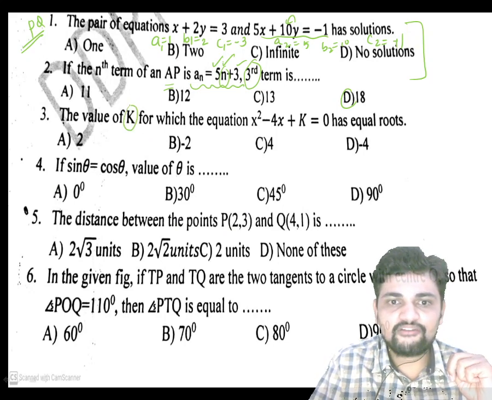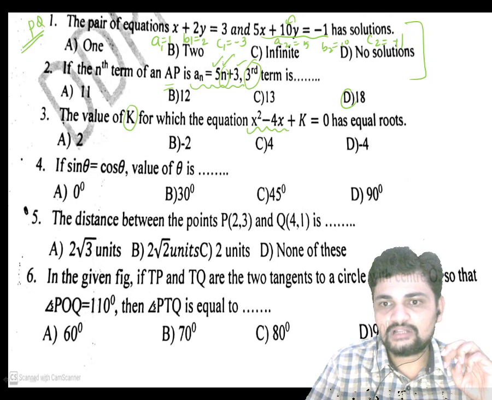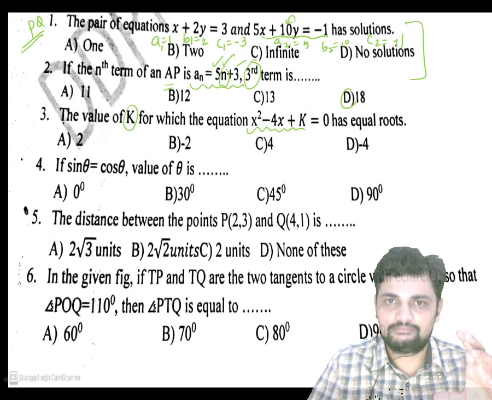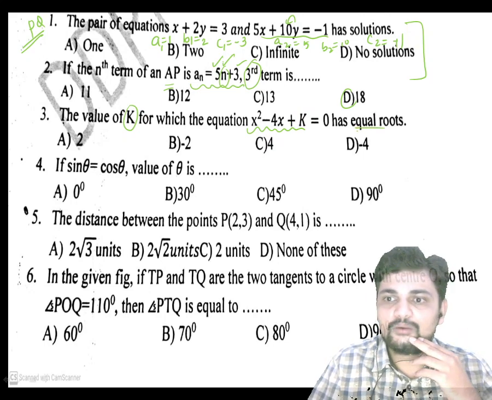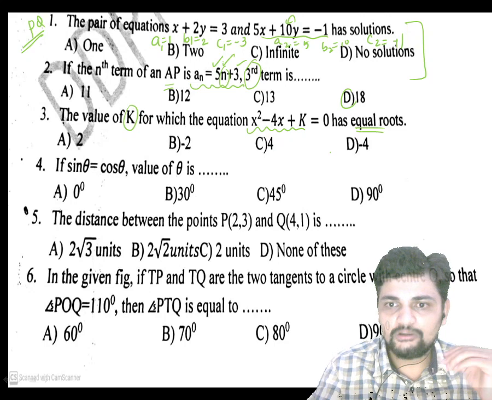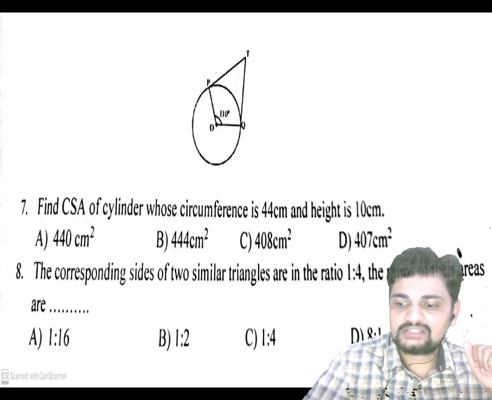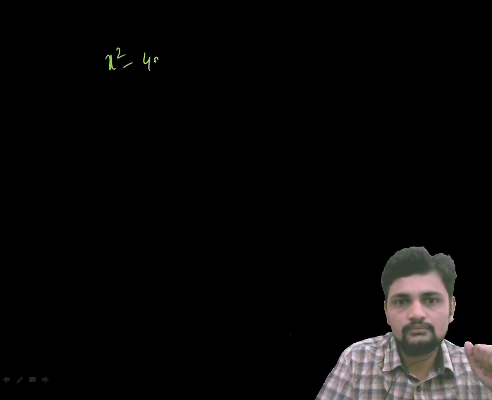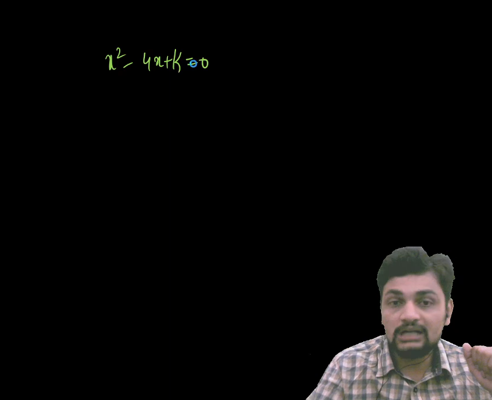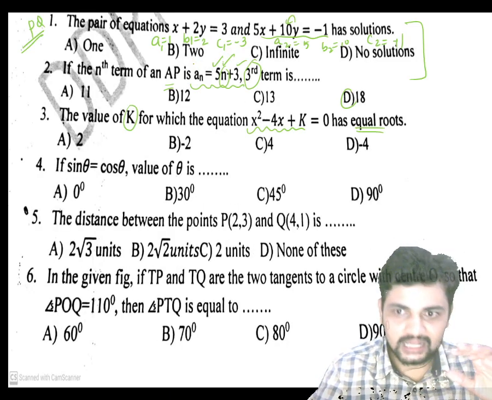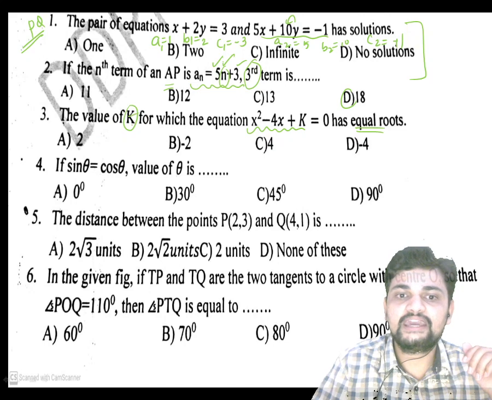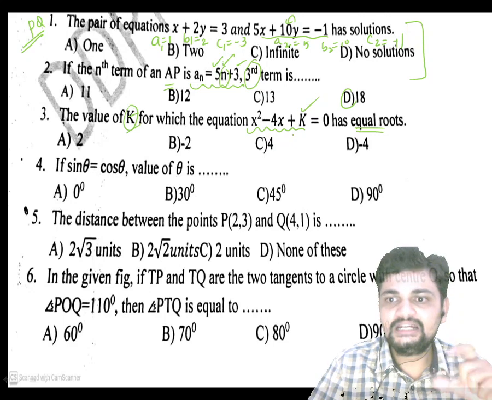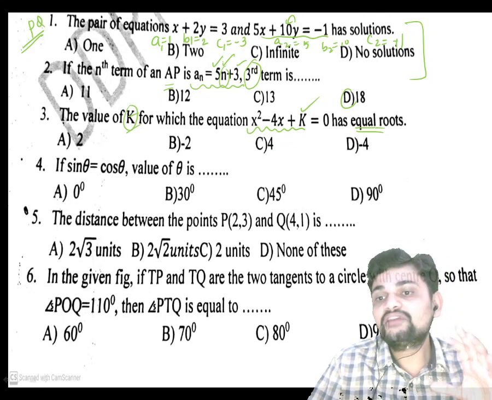We have to find out the value of k according to this particular given equation. So it looks like a quadratic equation because here k is a constant term, which has equal roots. So let me write down the equation. x square minus 4x plus k equal to 0. Now if you look at the options of this particular question, options are constant numbers because we are finding the value of k. So k here is the third term of the quadratic equation, which is a constant value. And one hint is, after solving we get equal roots.